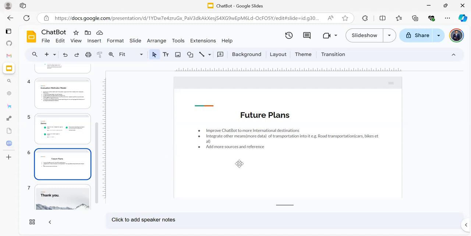So these are the three key future plans that I have for it. The first is to improve it for more international destinations, not only Kuwait. Not that the chatbot only captures Kuwait, though. I want it to cover more of the Asian continents and more of South America and so on.